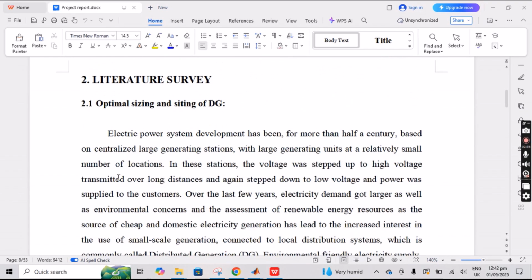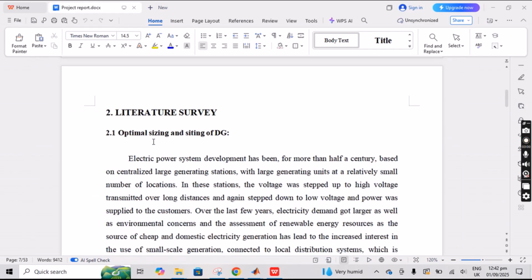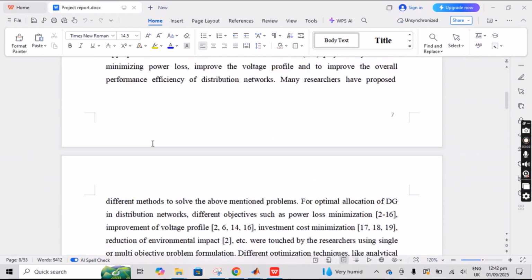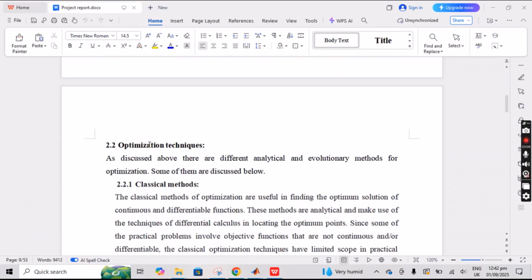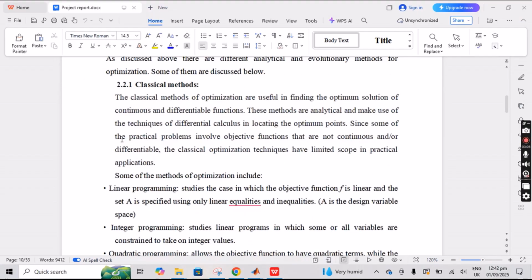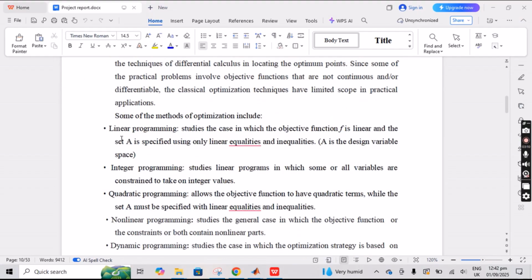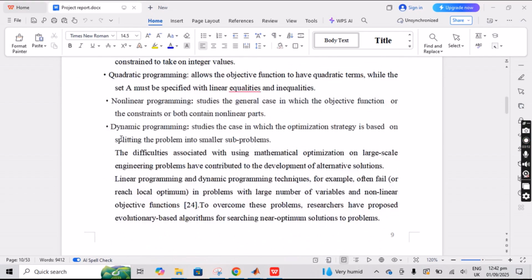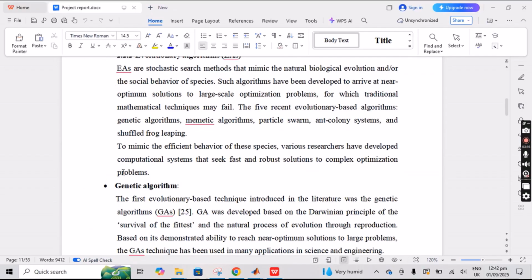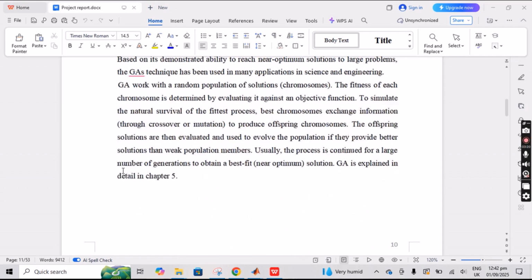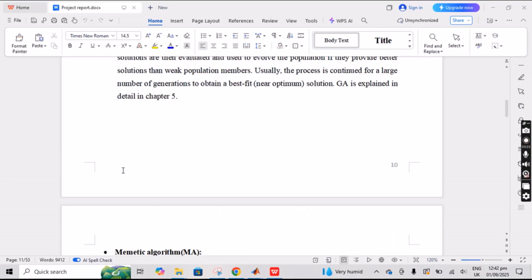I have added everything, like the literature survey, the appropriate size according to different networks, power loads, optimization techniques, classical methods, which were previously used, and what I have used is the genetic algorithm, and what is the innovation from the previous system,